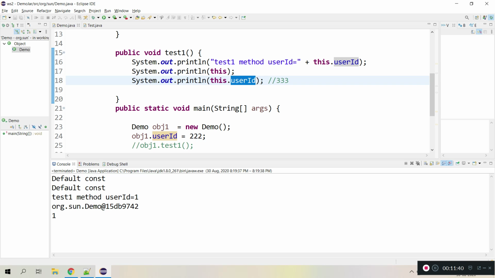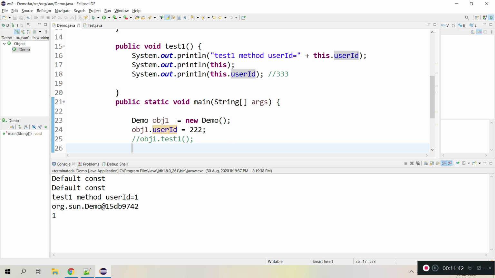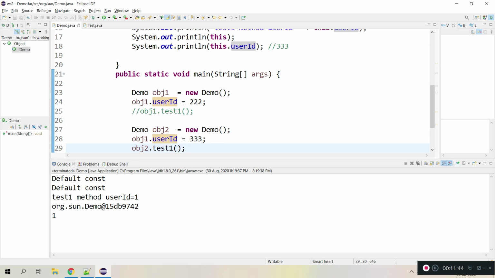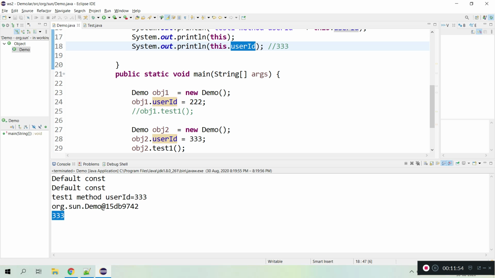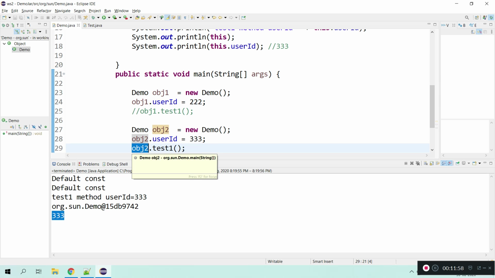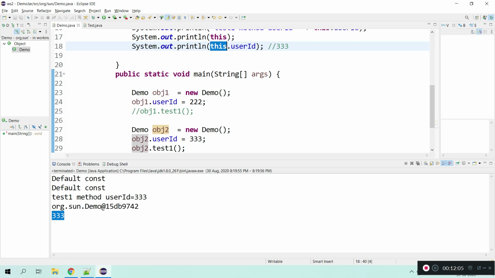Here I didn't assign the value to obj2, that's the reason we are not seeing triple three. Okay, so now you can see triple three. By this you can confirm that this is referring to obj2, because we are using the obj2 object to call this method. So inside test1, this belongs to obj2.